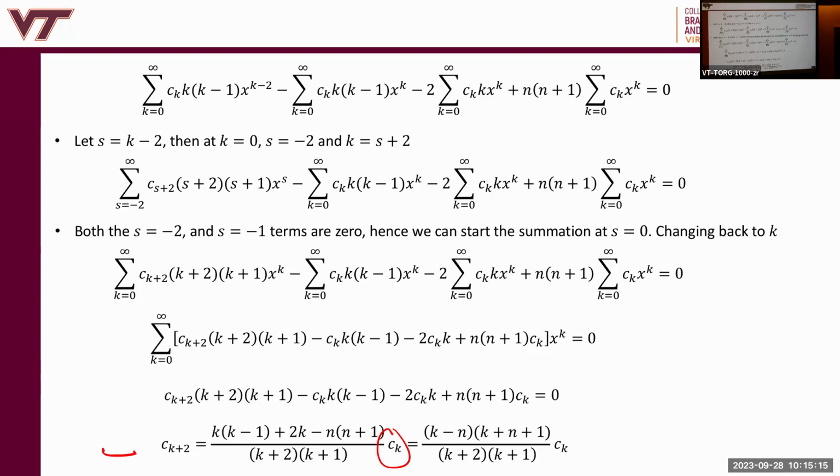What do we do here? k minus n. Okay, yeah. If you multiply this all out, k squared minus k, then you have a plus 2k, you can combine those two, and then you can combine it with this. You get this result, right? Oh shoot, just algebra. All right, good.